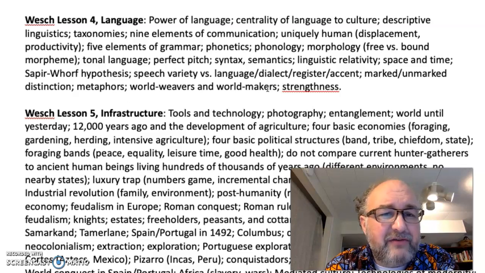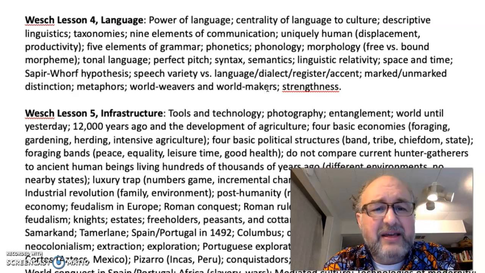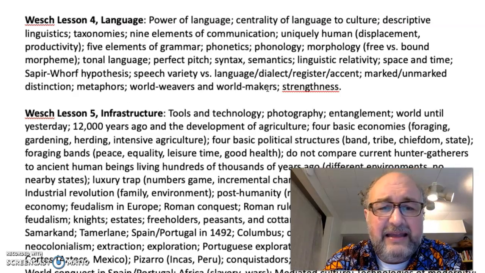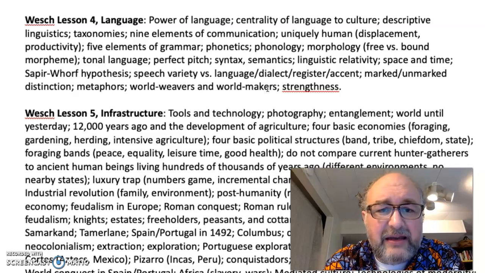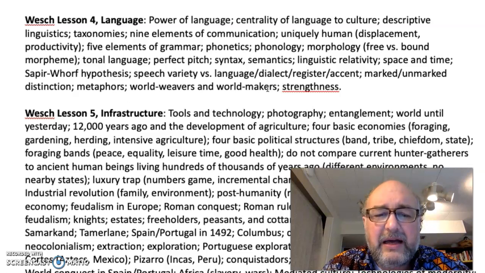There are 5 elements of grammar. Grammar here refers to phonetics, phonology, morphology, syntax, and semantics. So phonetics is the vast number of different sounds that can be used or have been used in any and all languages. Phonology has to do with the limited number of sounds within your language. So a single language has a system that's called phonology, and these are distinguishable sounds.